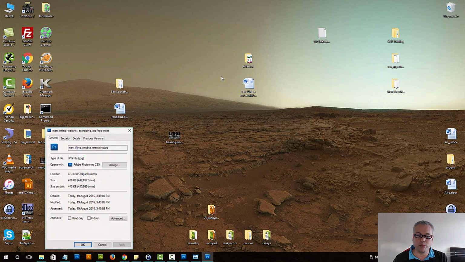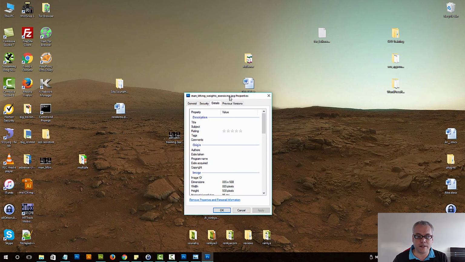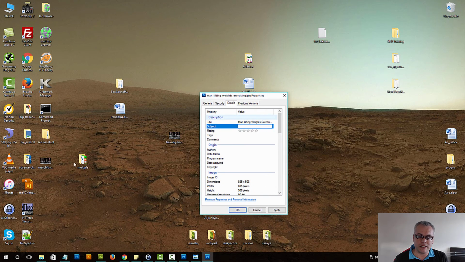Let's right click the image, go to Properties, go to Details. I can say the title is Men Lifting Weights, Exercising. You can be flexible here. Subject matter, describe the image contents, shows dumbbells and so on. Rate it to anything you want. Tag it and then put some keywords. Weightlifting, exercising, health, and so on. If I had a blog related to health and so on, right? And then you can apply